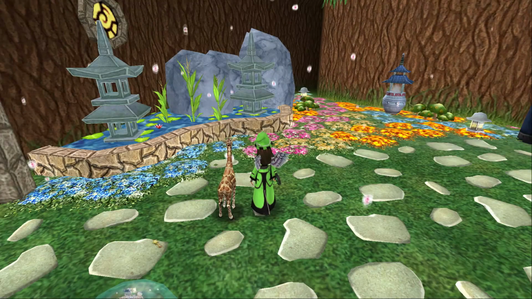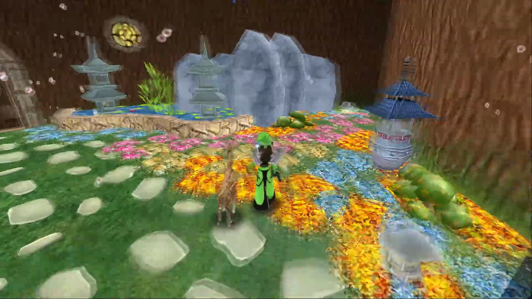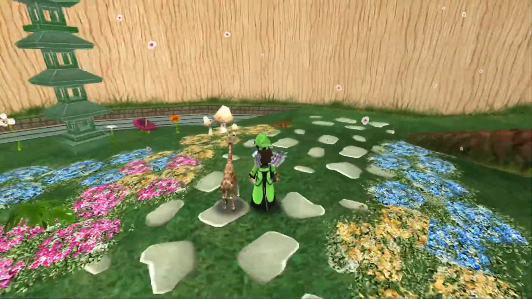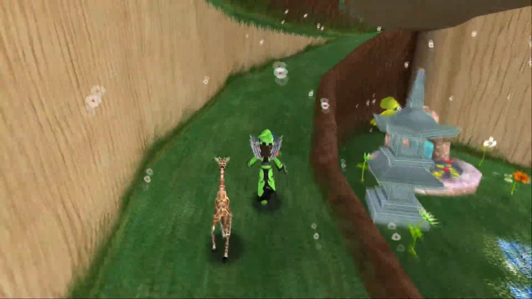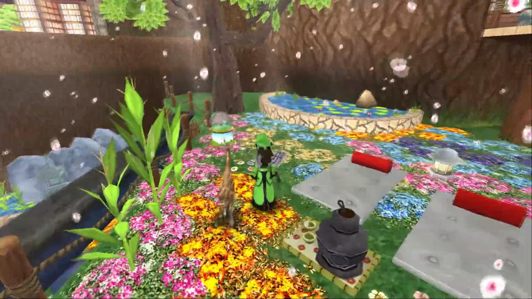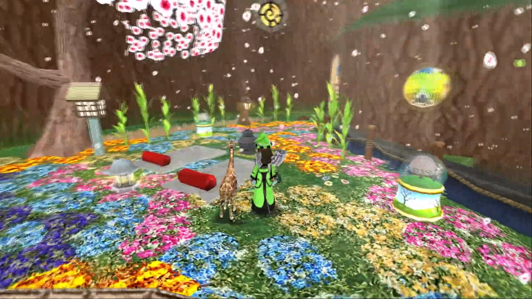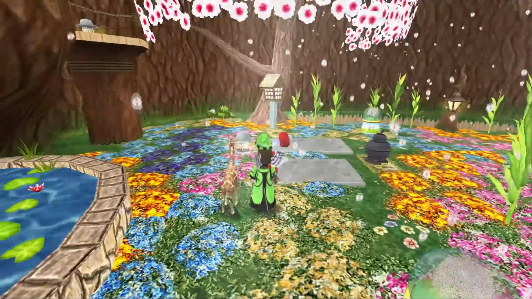Hey everyone, in this video I'm going to be going over some of the ways you can make the terrain in your houses better for when you're decorating and when you're trying to come up with a theme or whatever it may be. You can use these glitches and just different tricks and tips to make it look a lot nicer. As you can see in this video, I'm kind of walking around my Mushu themed house, and there's a